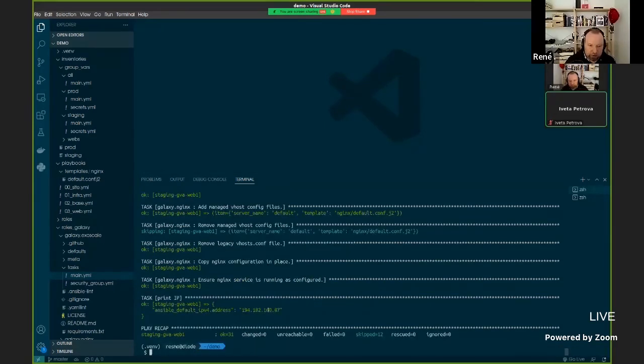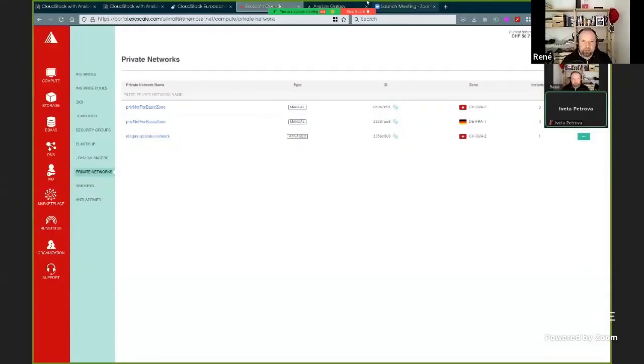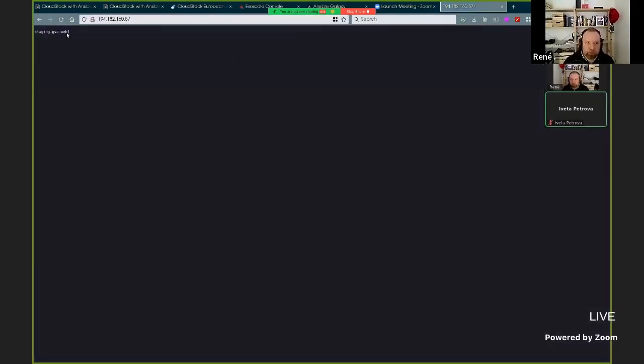So we can see everything is running. We have here a web server. If I go to this web server, we get the host name of the web server.